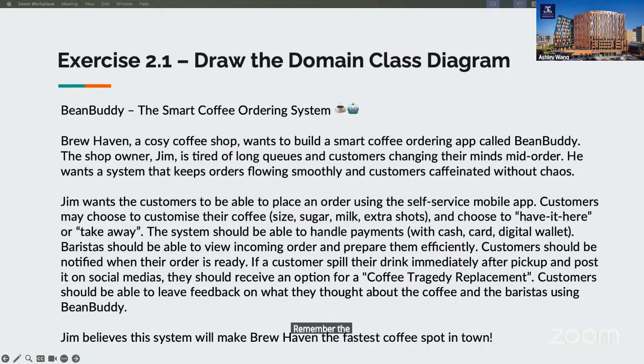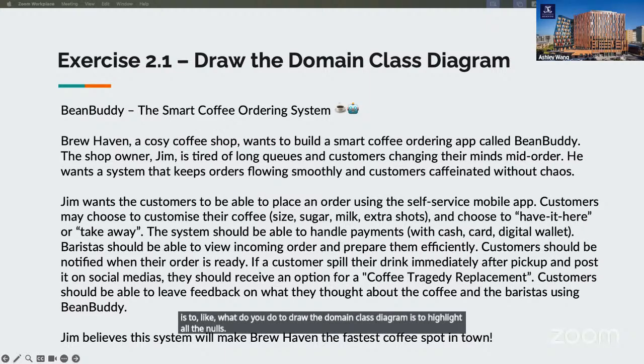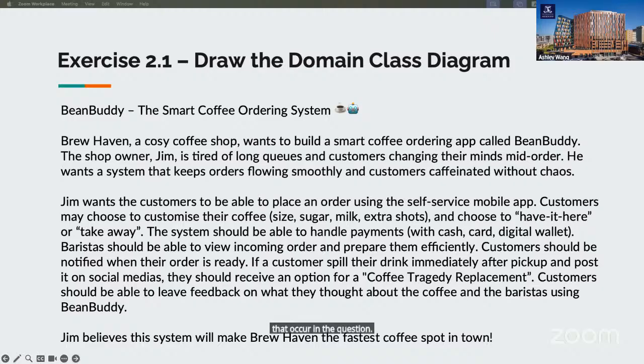Remember the little tip from the first few workshops: to draw the domain class diagram, highlight all the nouns that occur in the question. As long as you cover all those nouns, you should be quite safe, as you've covered most things. We can do this together.